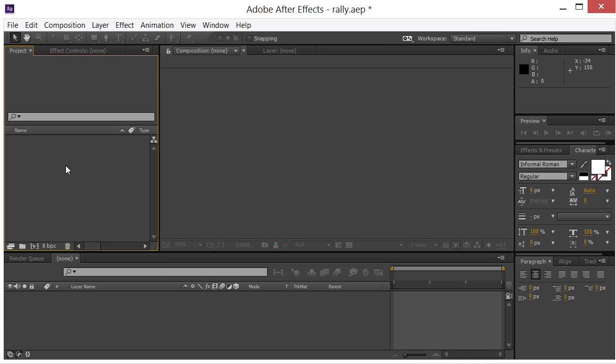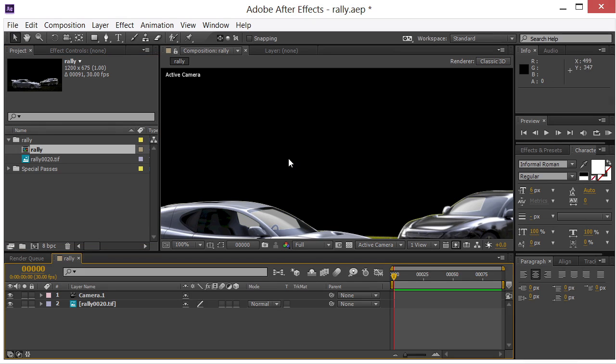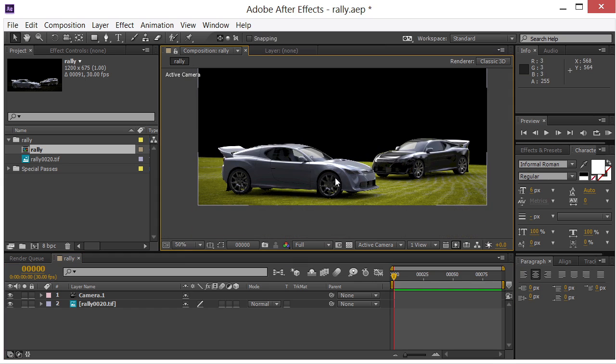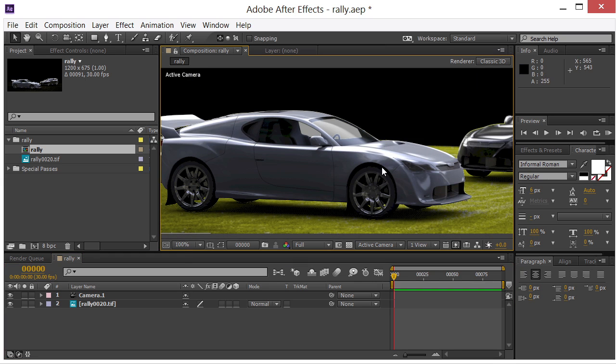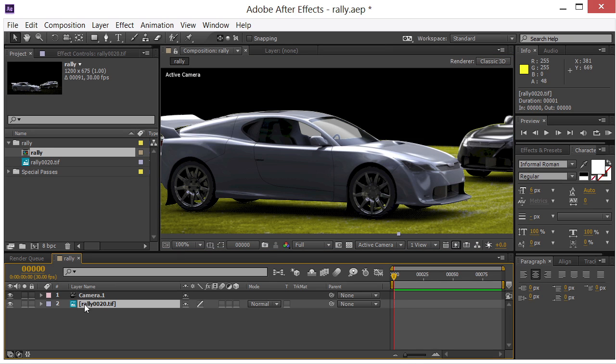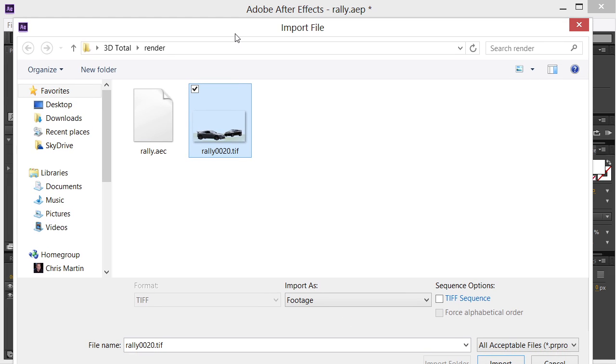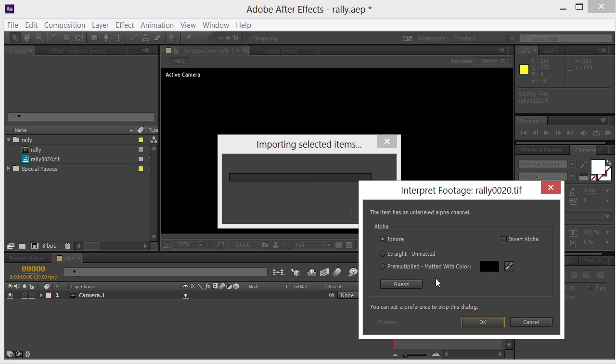Okay, so we're in After Effects. Let me go ahead and double click here, and let's pull in our Rally AEC file. Go ahead and click on here, and let's take a look at what we got. Got our cars in here. Looks pretty good. I'm going to go ahead and delete this. Double click, pull in my Rally 0020.tiff, import, ignore,